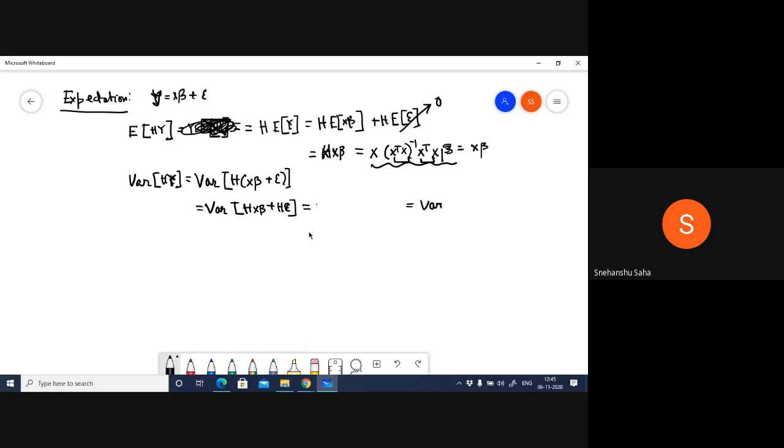So this is variance of H beta. Now this X beta, these are just fitted values, right? So therefore, this is nothing but variance of H beta. And variance of H beta